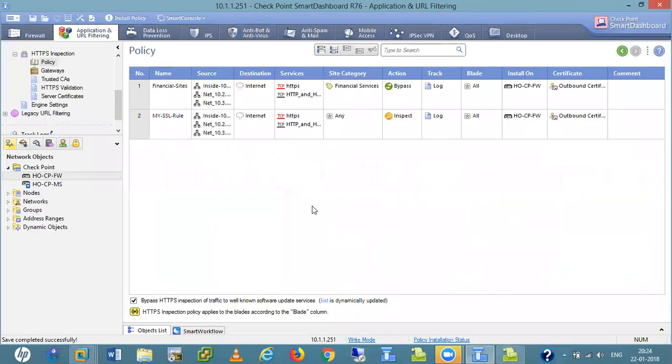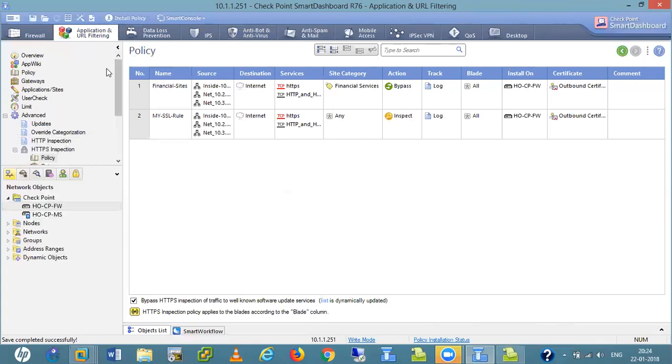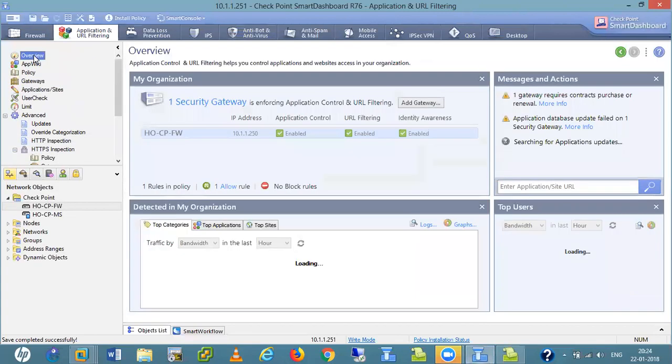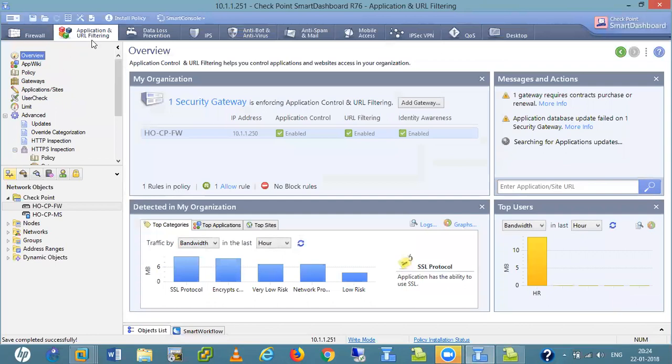Now basically we configure this SSL decryption for our application and URL filtering, right? Let me bring this down a little bit. Now I am going to start the application URL filtering.